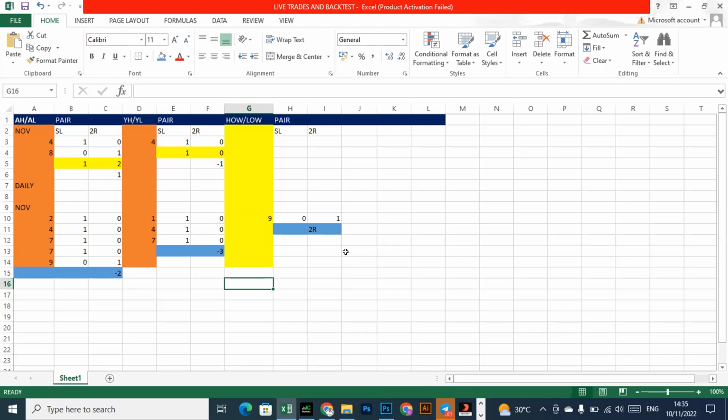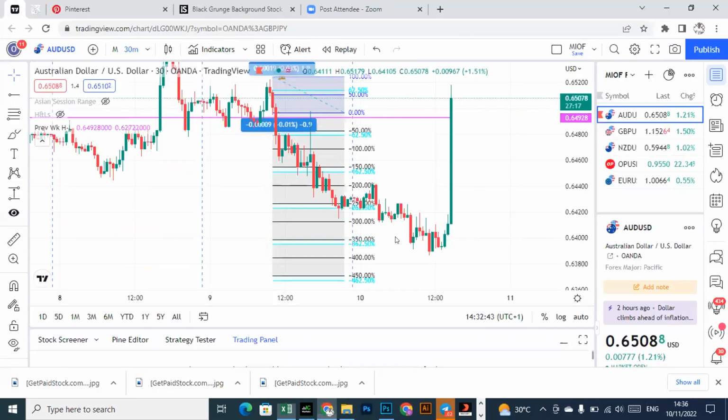So everything just depends on what you backtested and the trade plan that you are using for your strategy. You want to have a fixed trade plan for everything. Okay, this is what I want to do. This is what I want to do. And you just want to stick to it. And you also want to have a journal, because that will help you to know which one is doing well and which one is not doing well. Right? So yeah, if you have any question, just let me know. I think that's all for today.